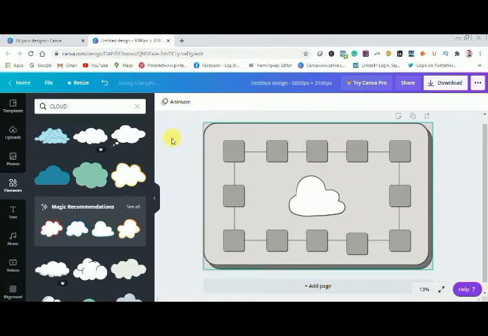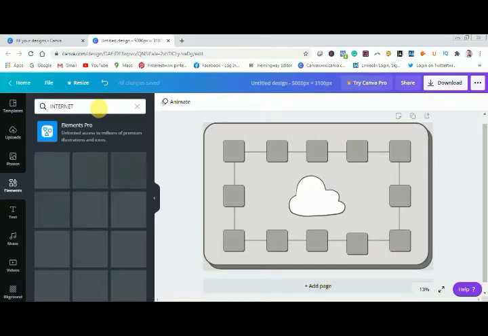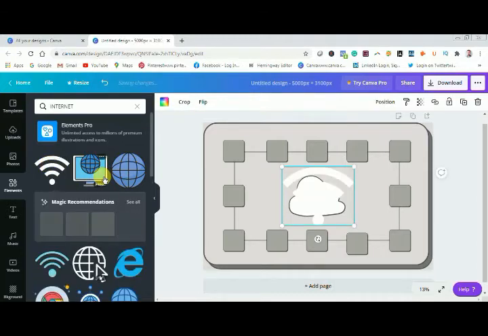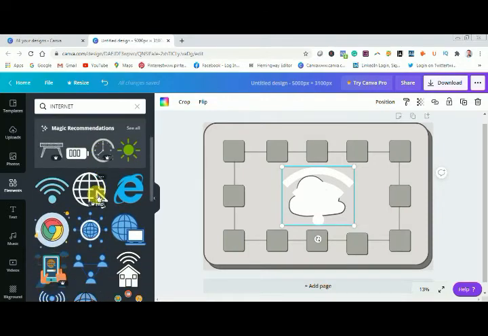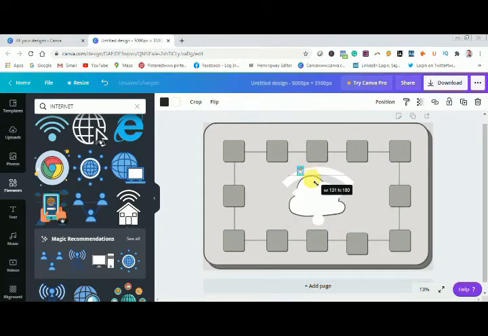I will click outside and now I will look for another element, internet. I will type internet in the element section, and now from here friends I will select various different types of elements that best represent the internet section. So Wi-Fi, say like Wi-Fi, then home representing a Wi-Fi internet signal. I will make its size smaller and start fitting these one by one in the boxes. I will make the size shorter and fit this into boxes.